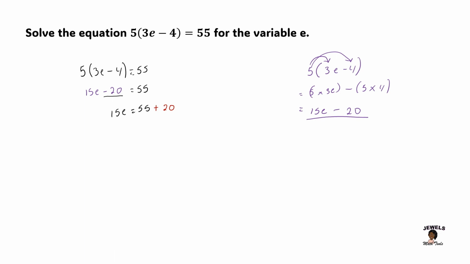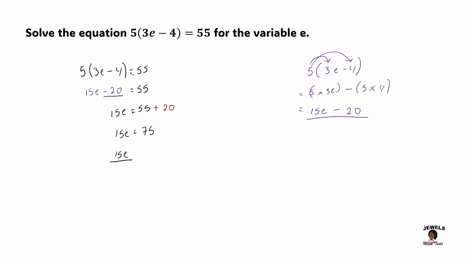Now let's simplify the right hand side of our equation. 55 plus 20 is equal to 75. And now we have just completed our first step of our two steps in our equation. So now for our second step,